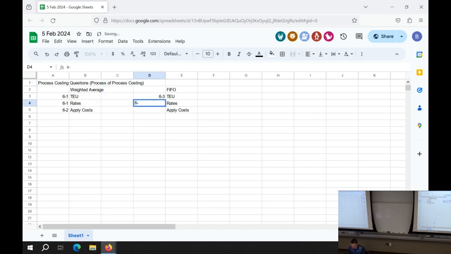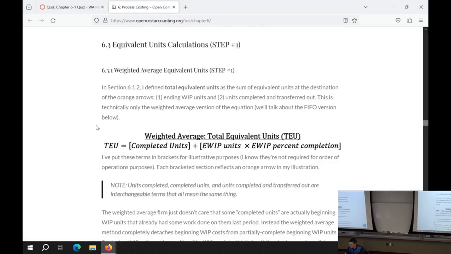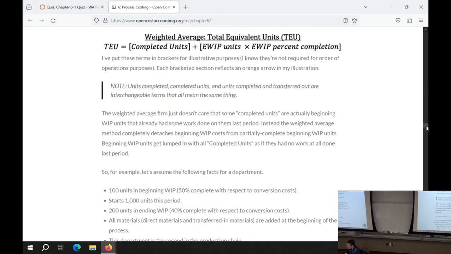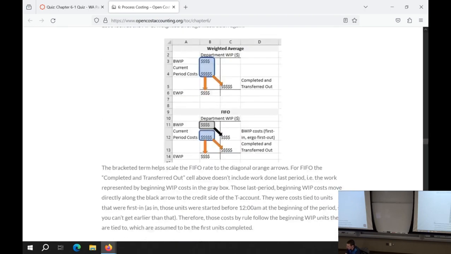6-3, and 6-4. So very similar pattern after the midterm. We're going to go over the first 2 steps for FIFO in the first quiz and the last step for FIFO in the last quiz. All right, so let's get into this question right here. So we know that the rate